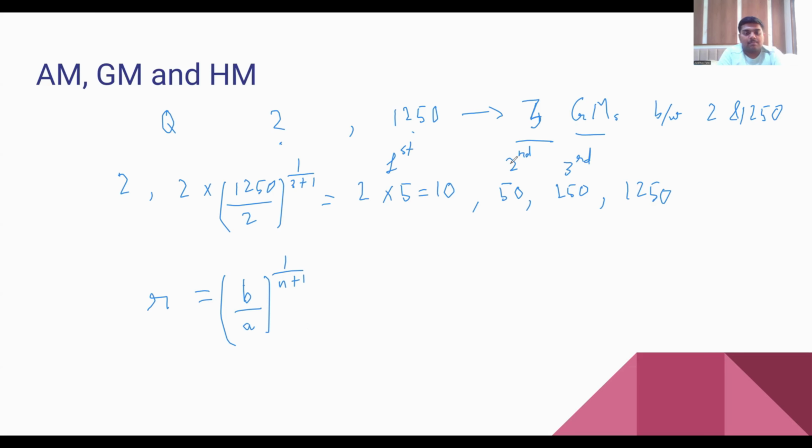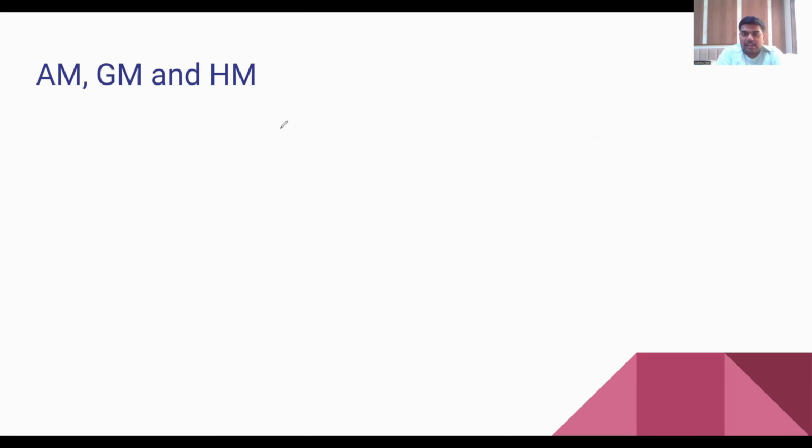So this is pretty much it for a geometric mean. Now, there is one very interesting thing that can be implicated on many problems which can be asked in CAT, which is if you are given A comma B greater than 0, two positive numbers A and B, so you can say that AM